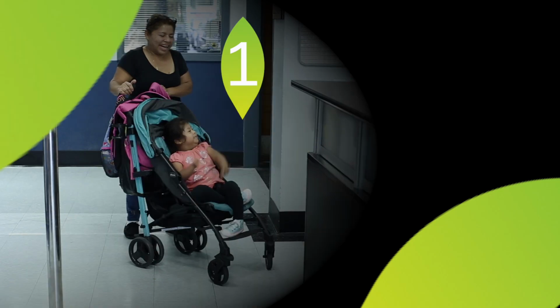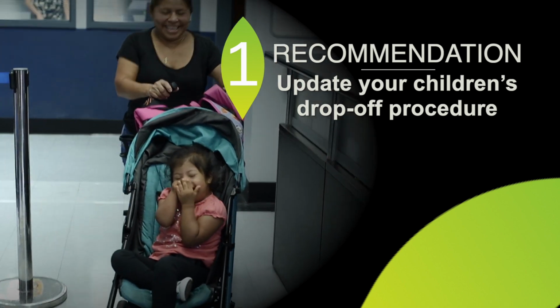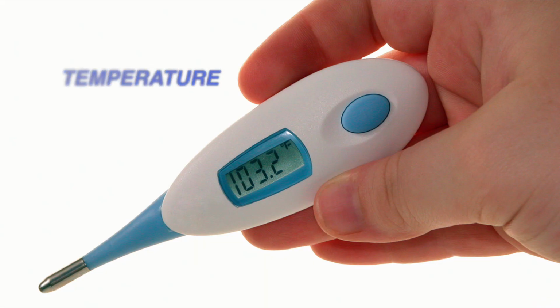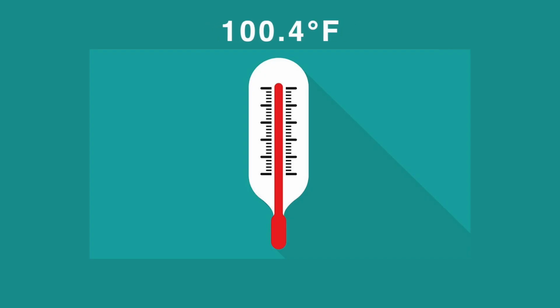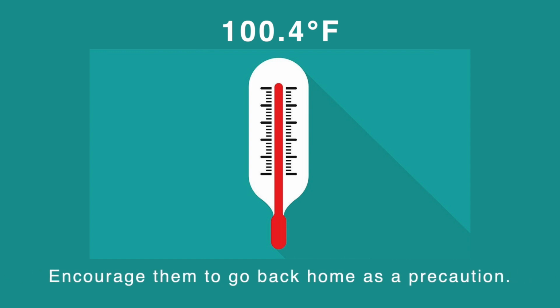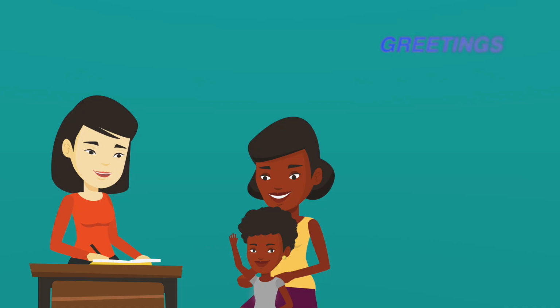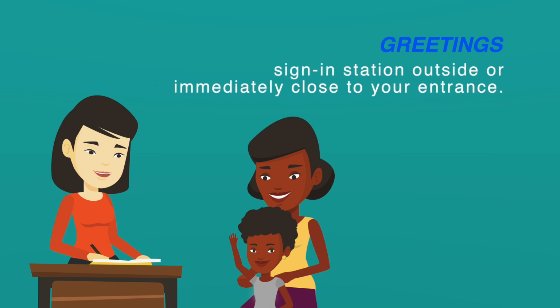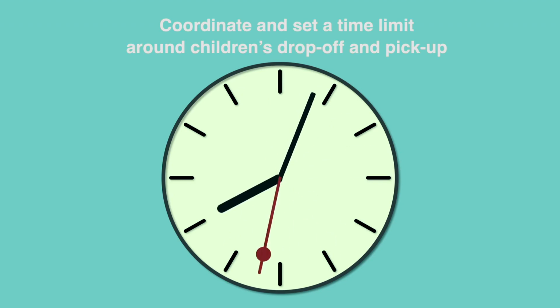safe at all times. The first recommendation is to update your children's drop-off and pickup procedure. Consider taking your staff and children's temperature before they walk into your school. If they have a temperature of 100.4 or higher, encourage them to go back home as a precaution. If it is safe, consider greeting children and placing your sign-in station outside or immediately close to your school entrance. Coordinate and set a time limit around children's drop-off and pickup to limit direct contact and the formation of large